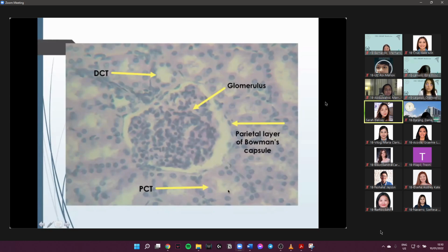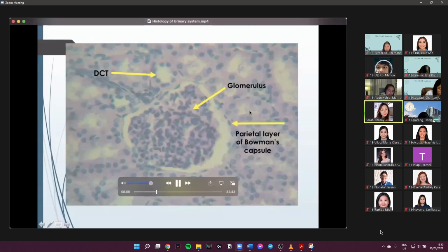But for the proximal, you say that it's simple cuboidal epithelium with brush border. Another thing is, how do we differentiate? No, we said it's both simple cuboidal, both of them containing brush border. For one, you can see here that the cells of the proximal convoluted tubule are quite large, and they are really a little bit far apart from one another because they're quite large. Aside from that, apparently they look edematous, so they're quite far from each other.